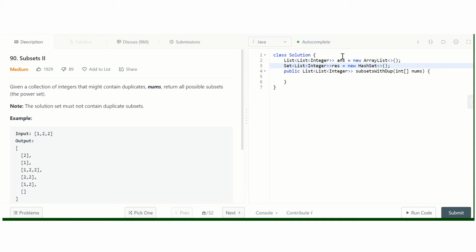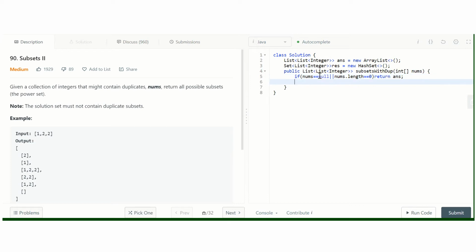As we have already discussed, we will check for the null cases as well. If nums equals null or nums.length equals 0, then we simply return the empty answer.